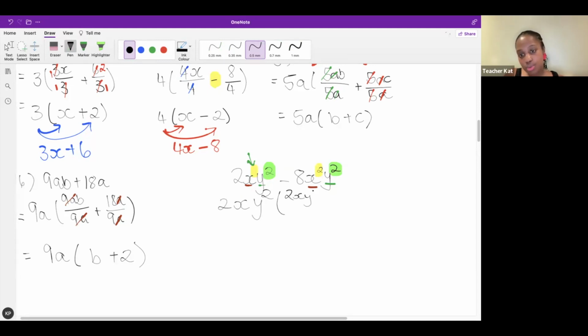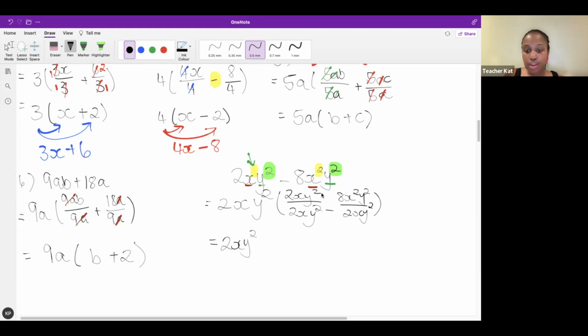Now let's see what's going to be left here. I have 2xy squared over 2xy squared minus 8x squared y squared over 2xy squared. Of course, I'm going to write it like that. I'm making fractions here. Teacher Cat, wake up. Okay. Now,